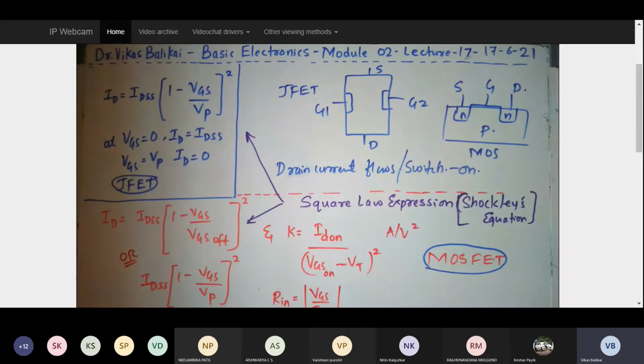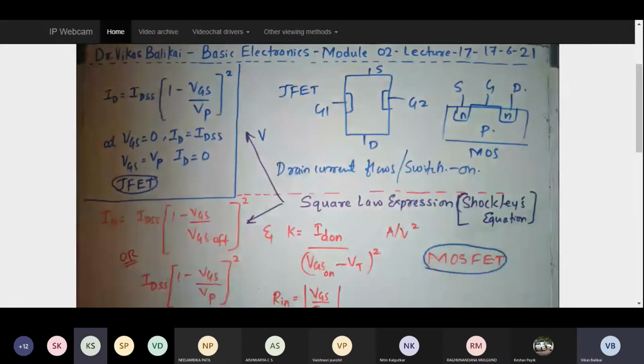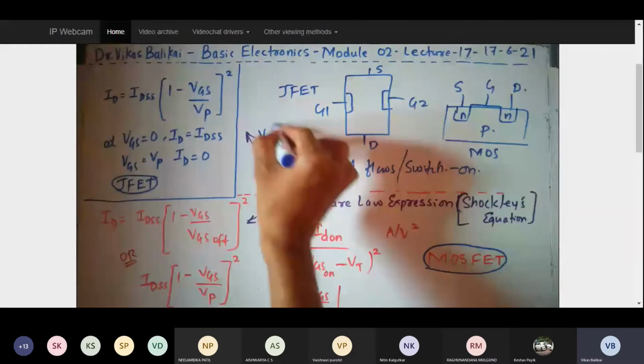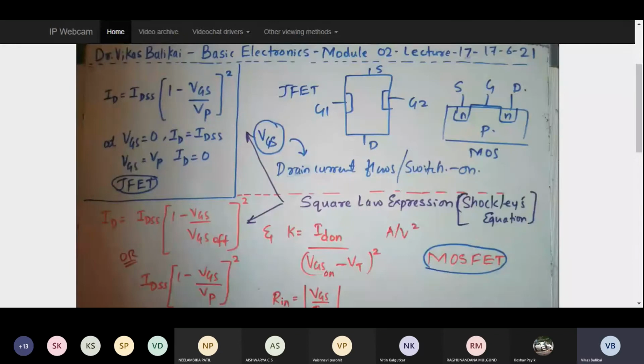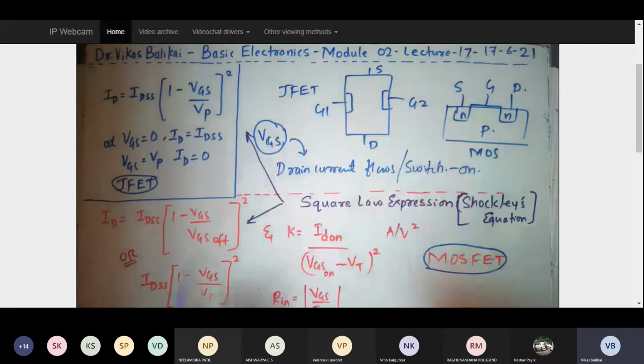Typically, the on nature of the device, if I talk in terms of enhancement MOSFET, was dependent on which voltage. Which voltage should I give so that current flows inside my MOSFET? It is VGS. So this VGS will decide the drain current, because this is the voltage which is going to create the channel. Hence, when I talk about the expression of my drain current, that expression will have the VGS term predominantly situated in it.